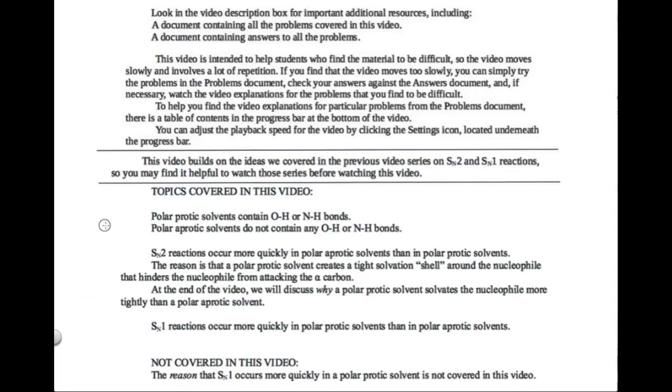In this video, we will discuss these topics. We will see that polar protic solvents contain OH or NH bonds, and that polar aprotic solvents do not. We will learn that SN2 reactions occur more quickly in polar aprotic solvents, and we will learn the reason for that SN2 pattern. We will also learn that SN1 reactions occur more quickly in polar protic solvents, but we will